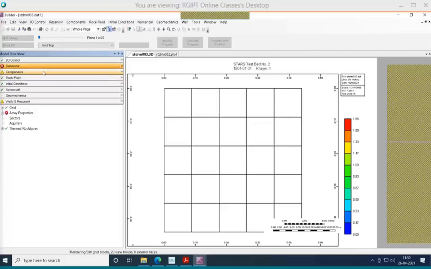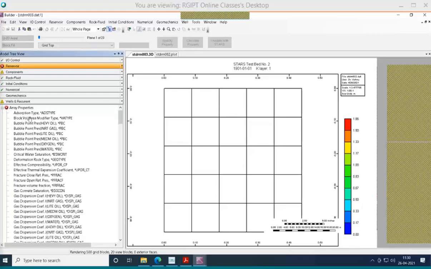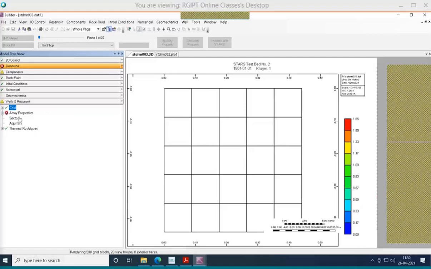what will happen? The reservoir array properties have been changed.